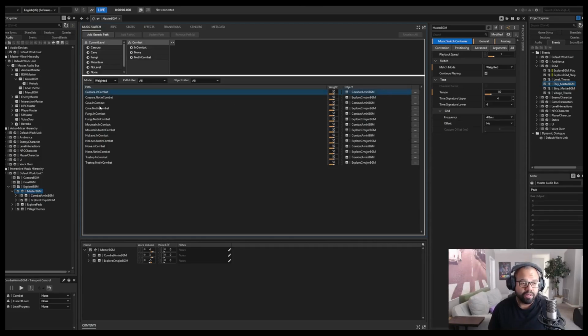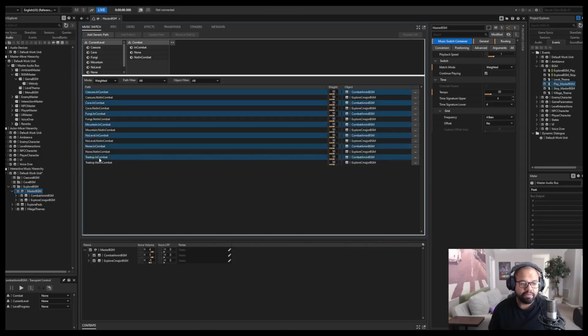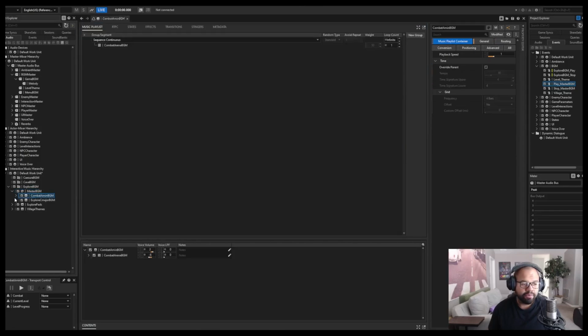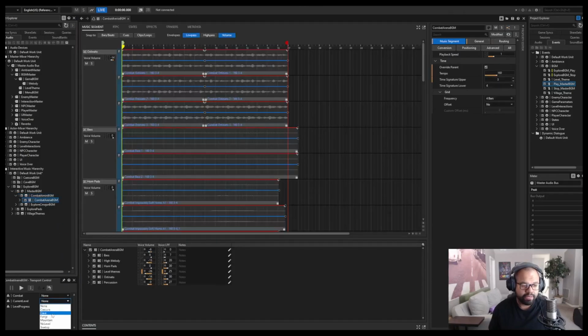You'll notice all of the in combat events, right, based on the level you're in, they're just posting the combat background music, which if I come here, our combat arena, it's the same everywhere. Let's just kind of give it a current level. Let's say we're in combat. And if we just play this,